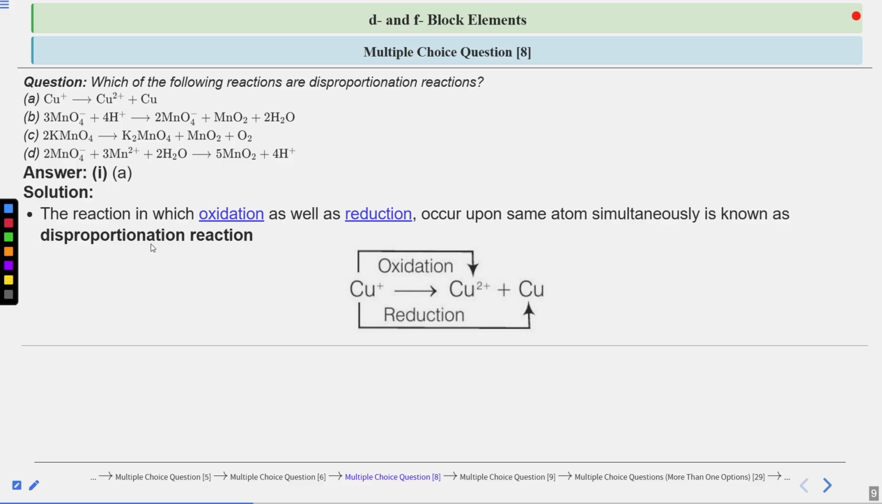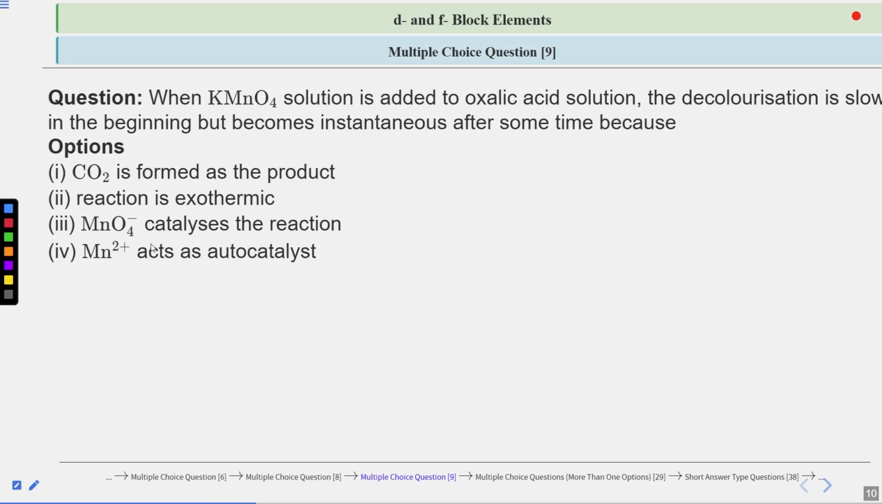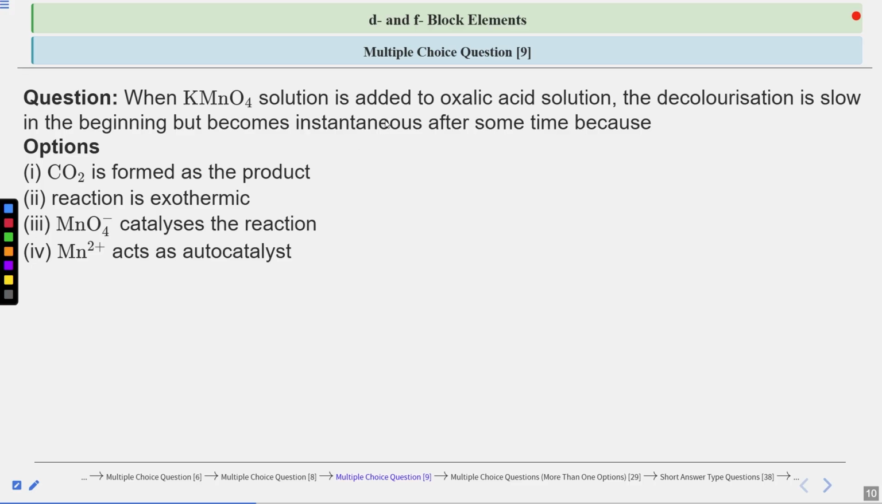Let's move on to our next question. This is a multiple choice question, number 9. The question is that when the KMnO4 solution is added to oxalic acid solution, the decolorization is slow in the beginning, but becomes instantaneous after some time. You have to give the correct reason why this is happening, that when you add KMnO4 solution